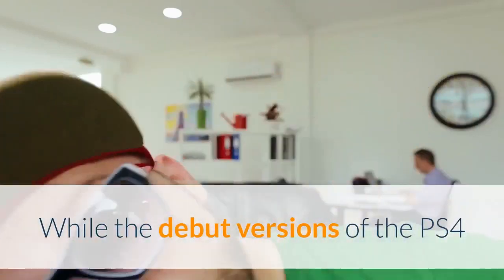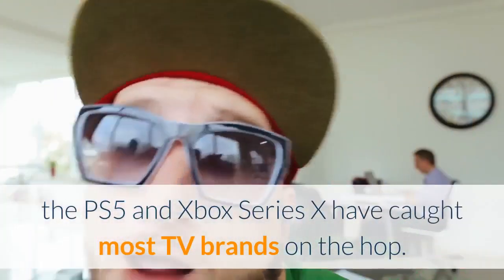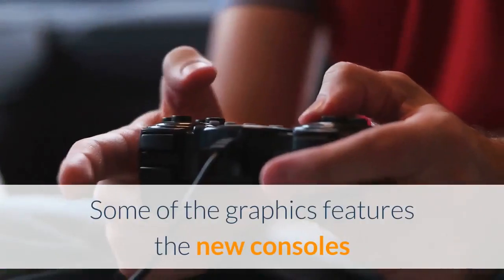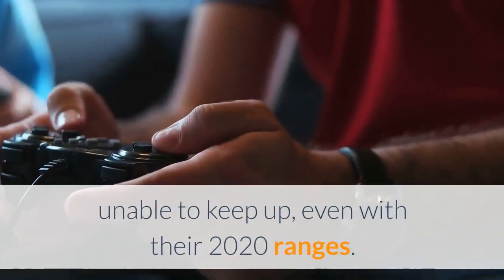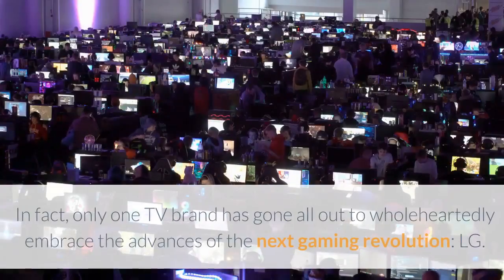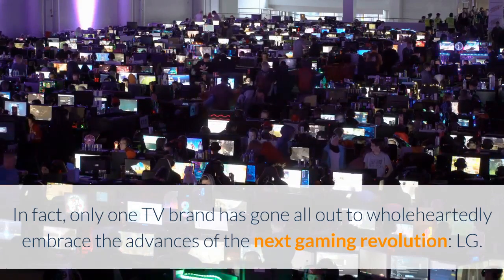While the debut versions of the PS4 and Xbox One lagged behind what TVs were capable of back then, the PS5 and Xbox Series X have caught most TV brands on the hop. Some of the graphics features the new consoles are touting have left an alarming number of TVs and TV brands, including, especially awkwardly, Sony, unable to keep up, even with their 2020 ranges. In fact, only one TV brand has gone all out to wholeheartedly embrace the advances of the next gaming revolution,